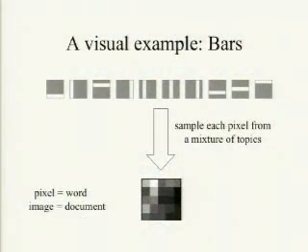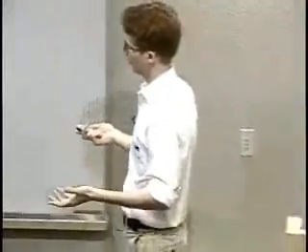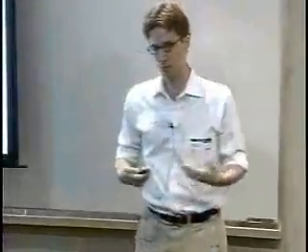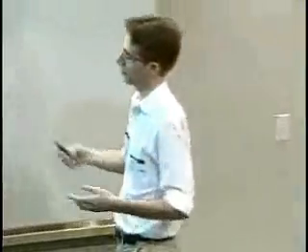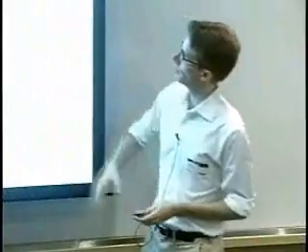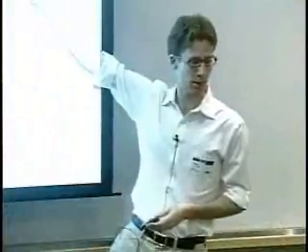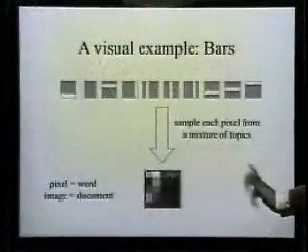So just to give you a kind of visual illustration of how this works, we can use an analogy where I'm going to show you a bunch of images. You can think about those images like documents. And each of the pixels in those images is a word that could appear in that document. And the intensity of that pixel in that image reflects the frequency with which that word occurs in that document. Okay, so this is just a simple analogous case. But what we can do now is express our topics as pictures, right? And our documents as pictures, and then we can see how well we're doing in terms of recovering those topics